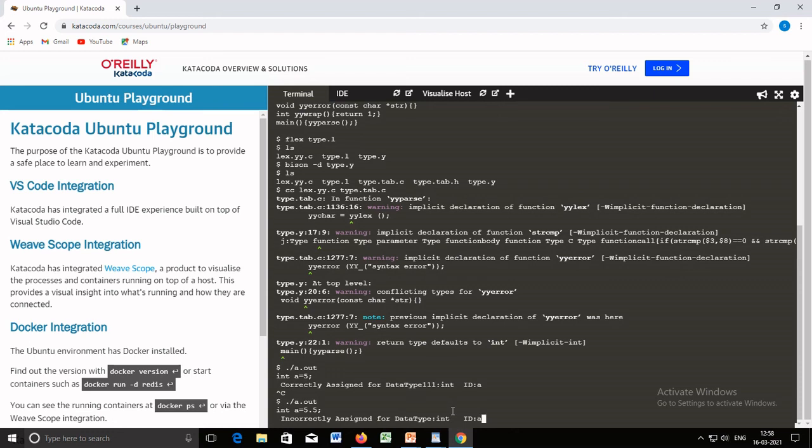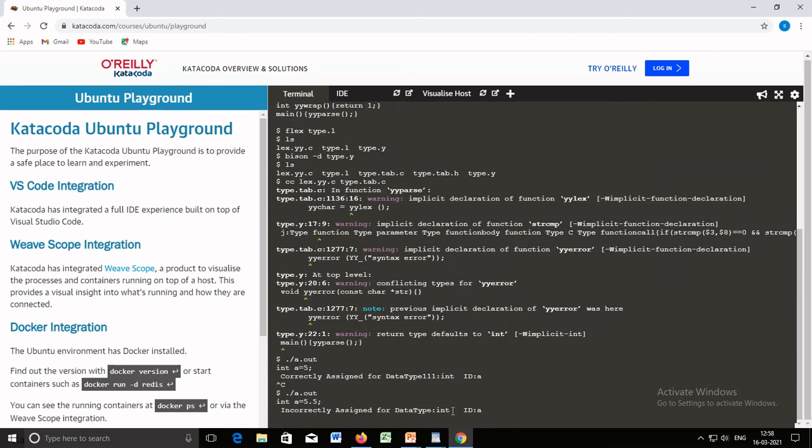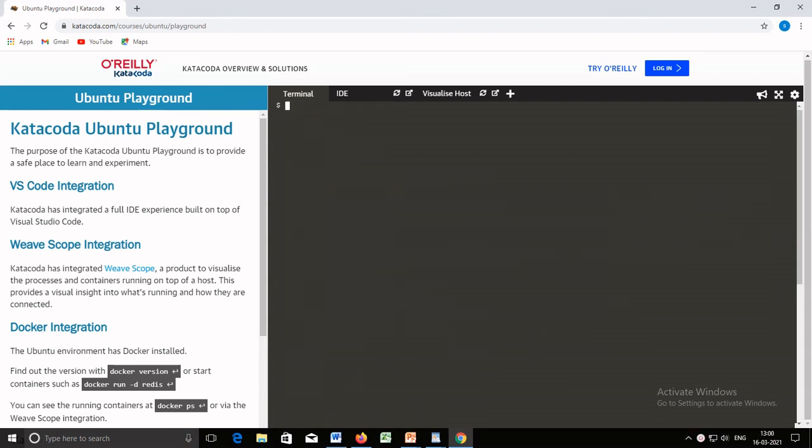So this is for data type. This is doing semantic analysis for type checking. Whether the value assigned is correct or not, that we are demonstrating. Now let's execute it for the other option, for parameter checking of the function, semantic analysis of parameters of the function.